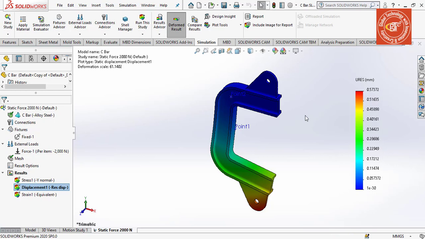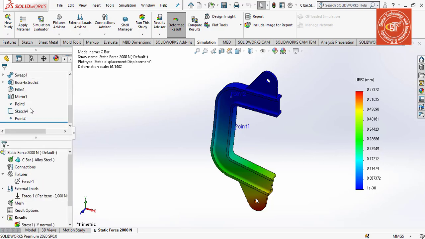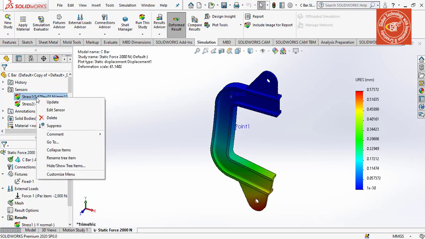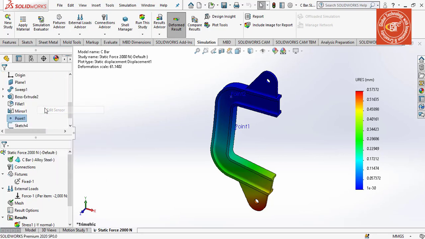So we will also explore the displacement at location A, and we will also explore the displacement at location B step by step. Let's first explore or find the displacement at location A. In that case, move to the sensor folder and click the stress 1 value, and right click the stress 1 and click edit sensor,